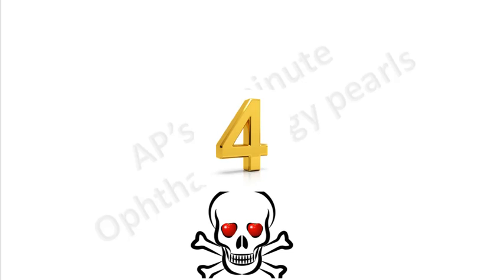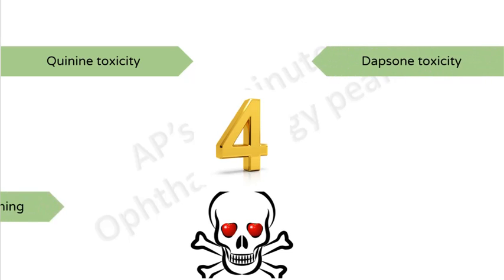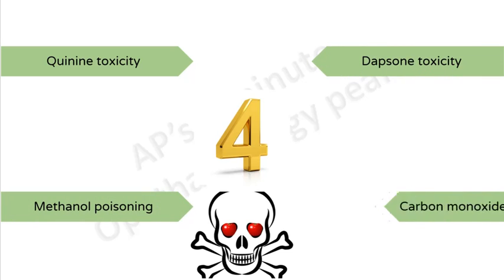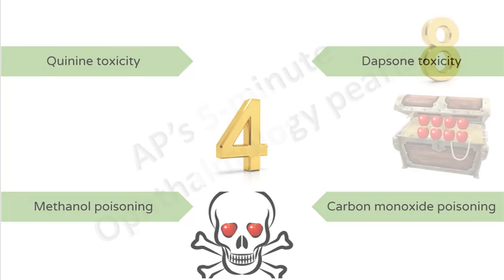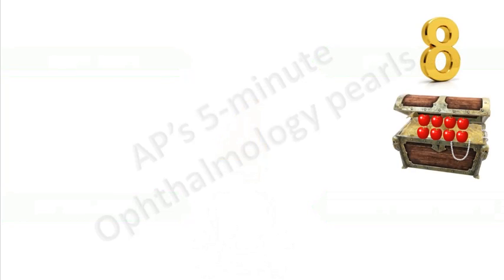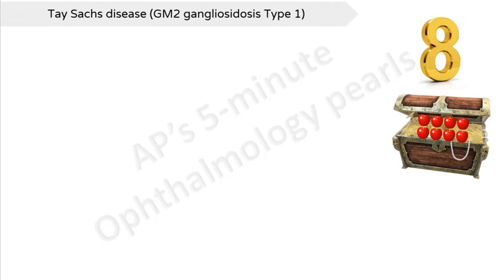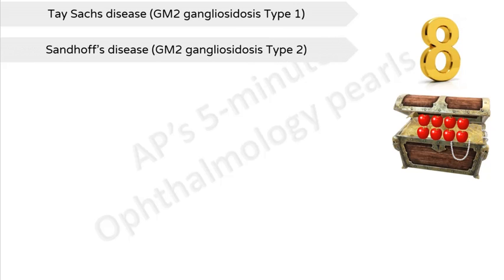4 causes that produce a cherry red spot due to toxicity are quinine toxicity, absone toxicity, ethanol poisoning, and carbon monoxide poisoning. 8 storage diseases that give rise to a cherry red spot are Tay-Sachs disease, also called GM2 gangliosidosis type 1, Sandoff's disease or GM2 gangliosidosis type 2,